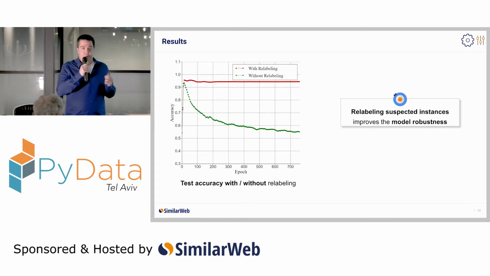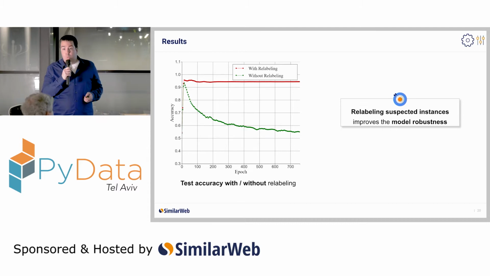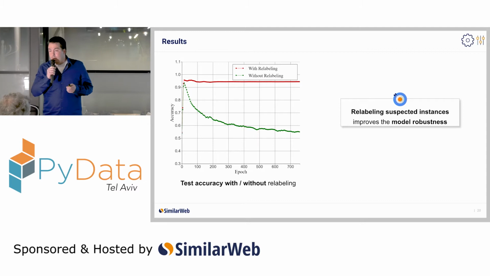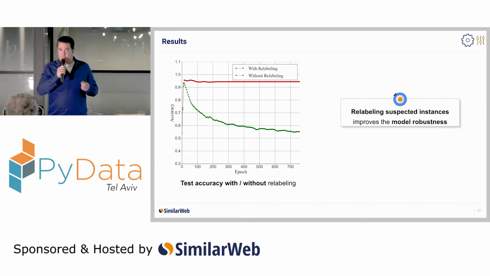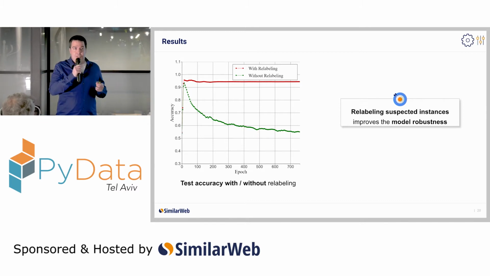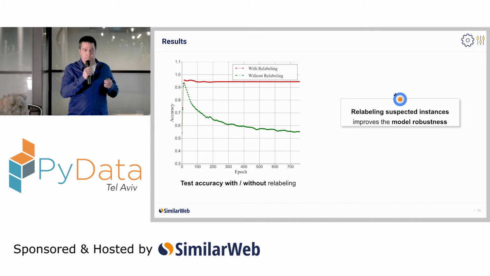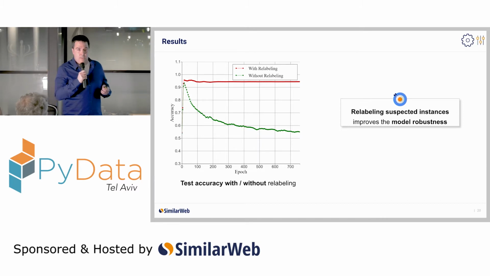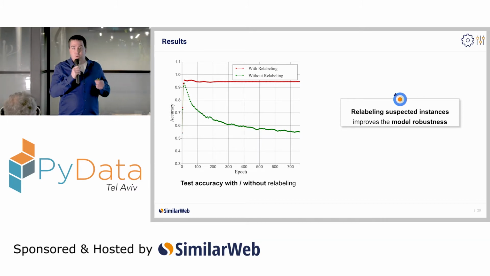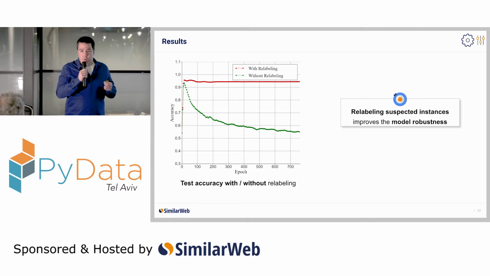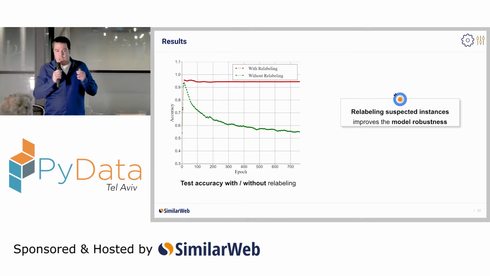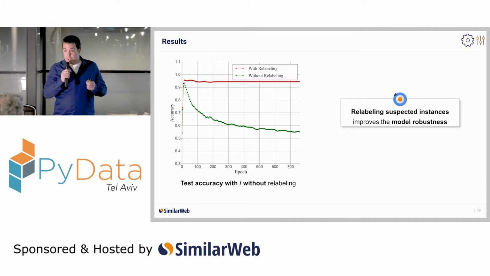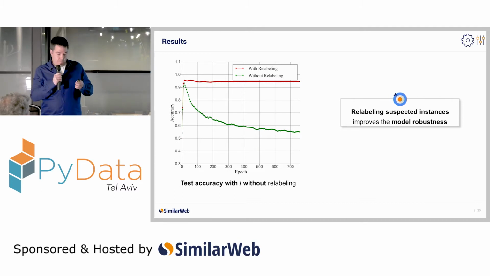Afterwards, I reran the optimization process, but now with the relabeling method. As you can see, adding the relabeling increased the task accuracy from 57% up to 93%, meaning the model became much more robust to label noise. As the training progresses, the model predictions replace the original labels given to the instances. As you remember, the model predictions were accurate in predicting the non-contaminated instances.